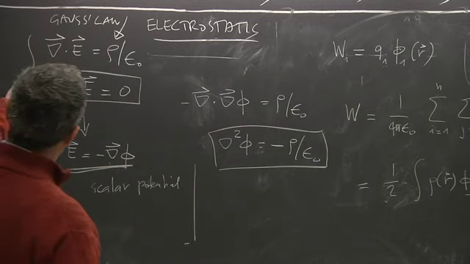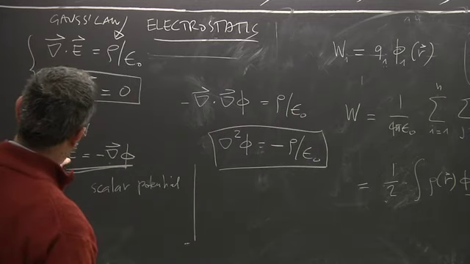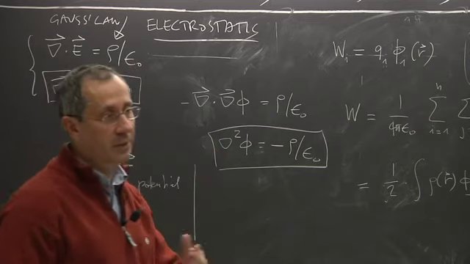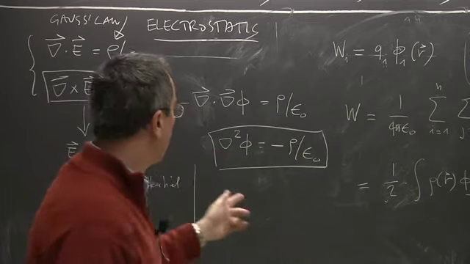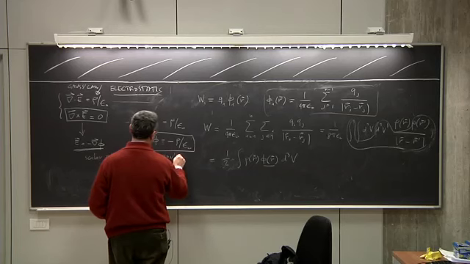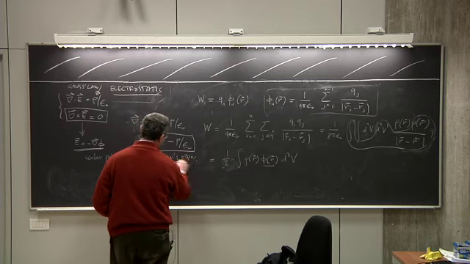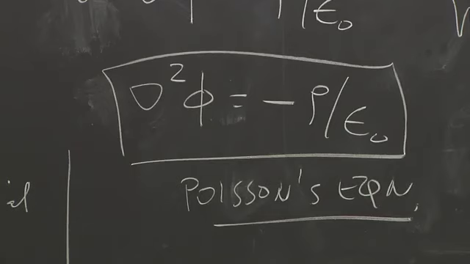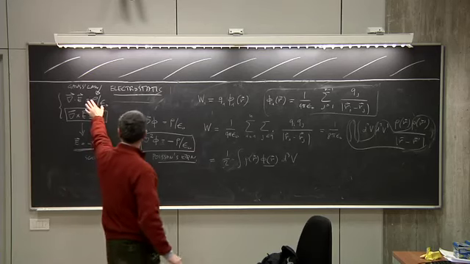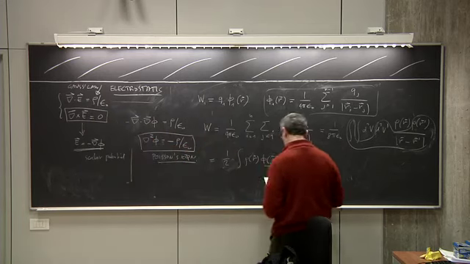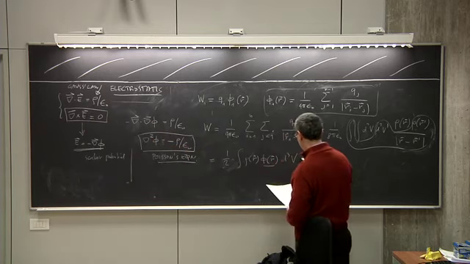So if I put this scalar potential into Gauss's law, I get this equation, remember that we derived the other time, and I call it the Poisson equation. This we are going to discuss in much detail next time. But let's just take it as a consequence of Maxwell equations, and I can put it inside here, right? Because you see this integral,